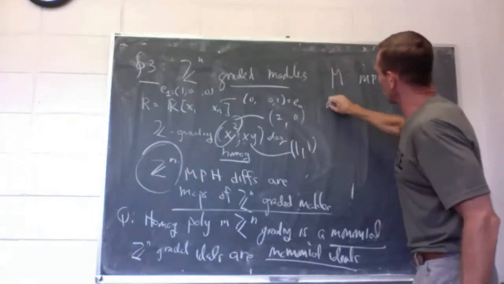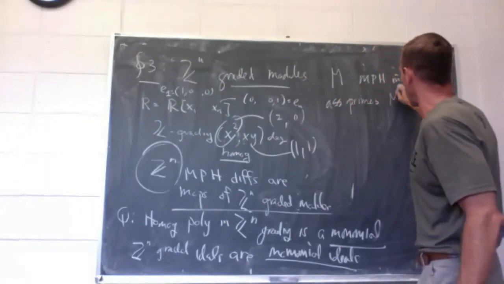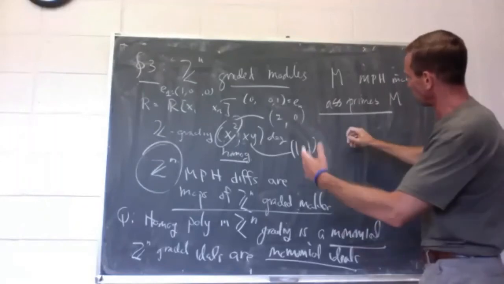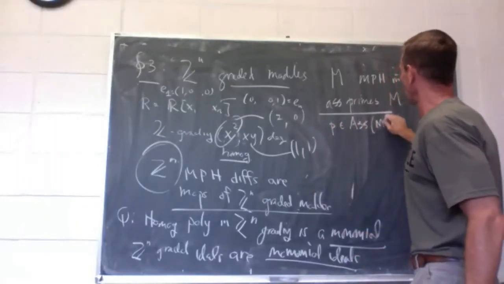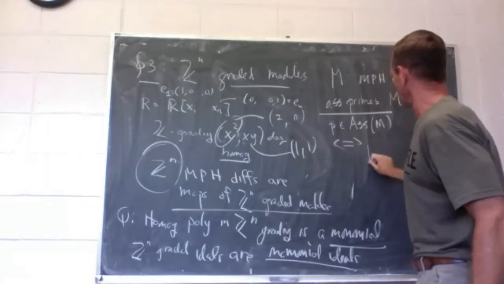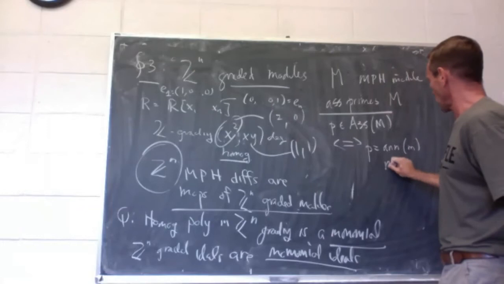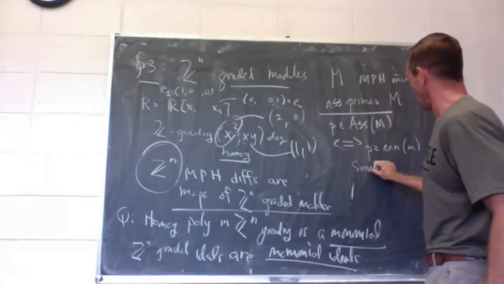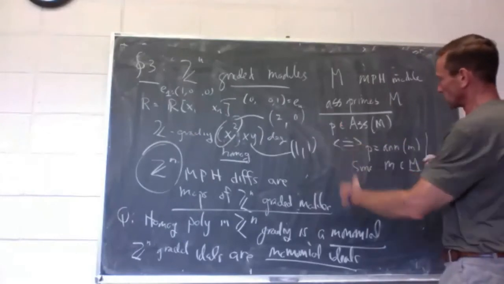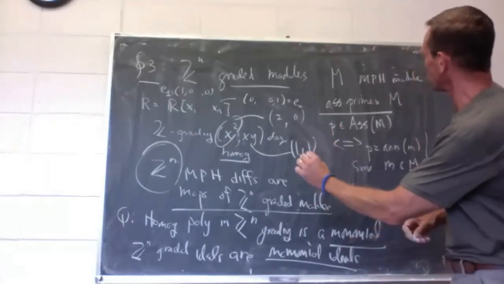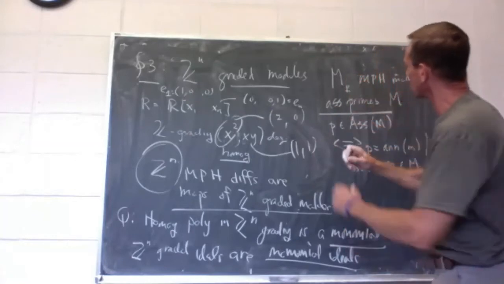what are the associated primes? I didn't say what the associated primes of a module are, so I'll tell you. P is an associated prime of M if and only if P is the annihilator of m for some m in M. That's the definition of the associated primes of M. So the point is, when I localize, when I look at the stalks, when I look at the corresponding sheaf,